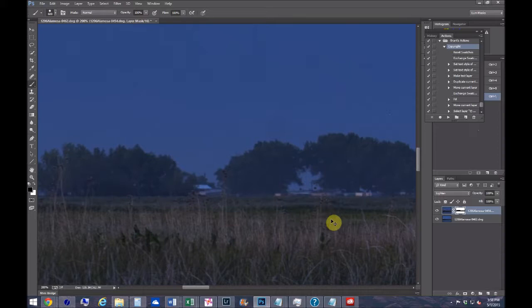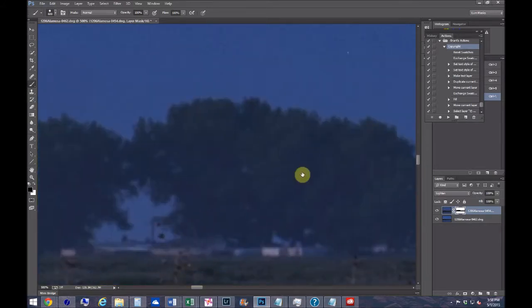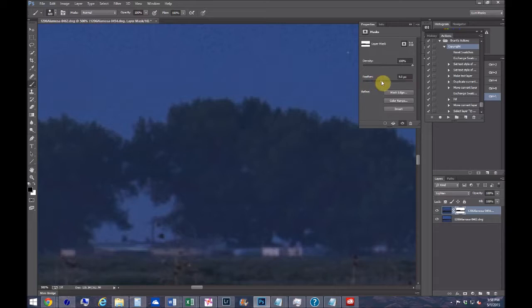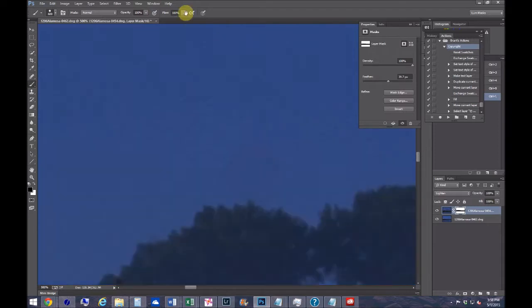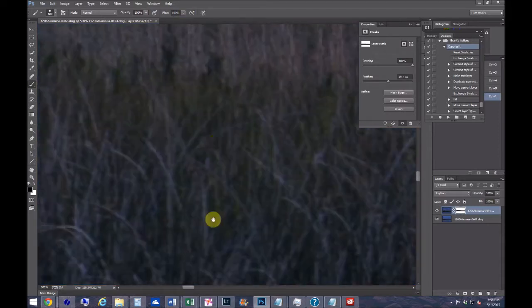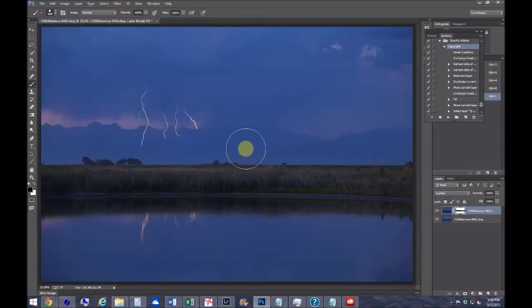And then I could double click on this layer mask and feather it just a little bit, just to make sure that the hard edge of the mask isn't adversely affecting the image in any way, and I don't think it is, but I'll feather it just in case. And so now I've successfully added all the lightning bolts into one shot. And if I had stars visible up above the clouds in this image, I could, again, just mask out the stars from one of these layers. And there will usually be clouds behind the lightning itself,